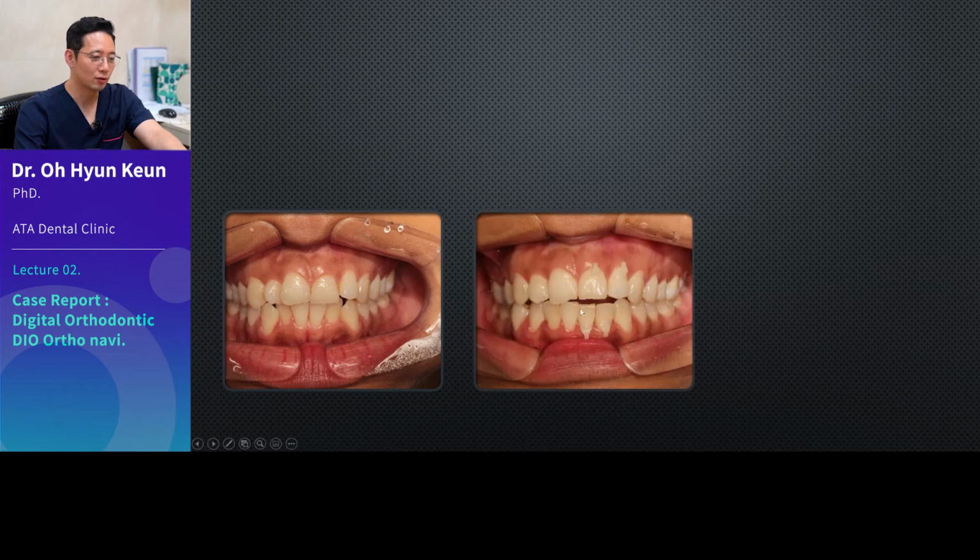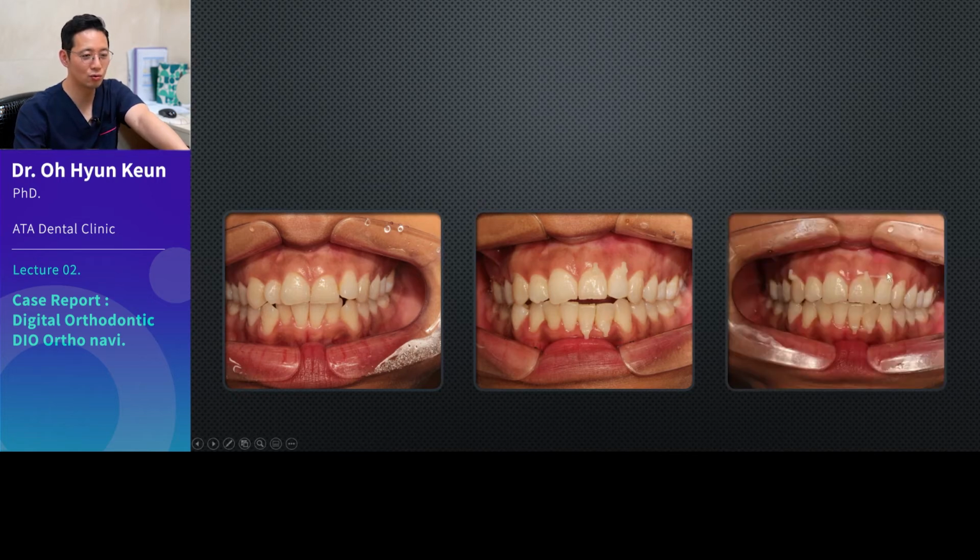When we do braces, there may be vertical issues. The teeth could float like this. In such a case, you use a hook as I mentioned. Using hooks and elastic bands, you can lower them down. This is also something you should keep in mind when you treat the teeth from the inside.